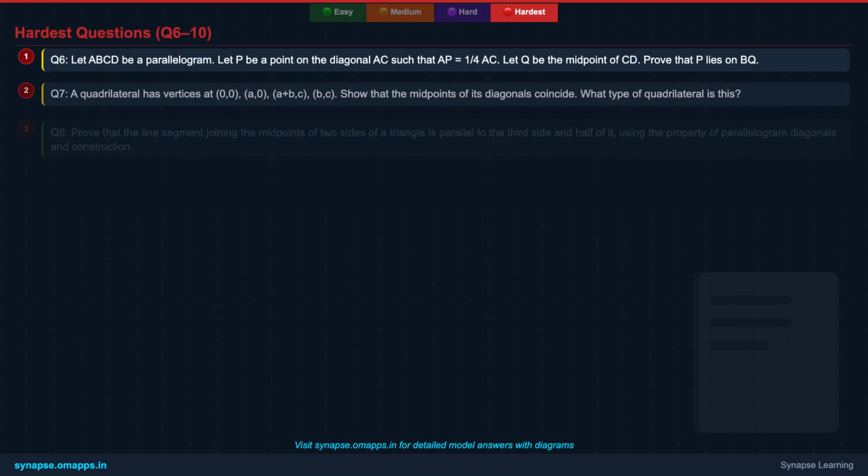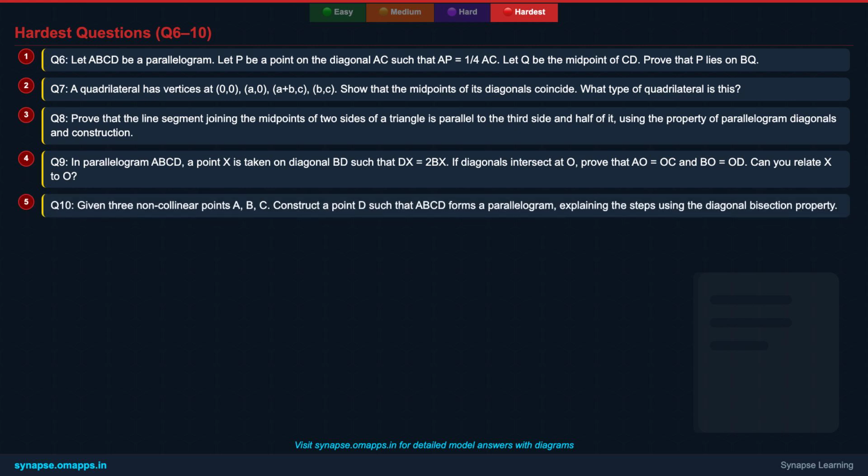And here are the final 5 questions to truly push your limits. These problems are designed to mimic the complexity you might find in Olympiads or advanced entrance exams. They require not just knowledge, but also analytical thinking, strategic application of theorems, and sometimes, a bit of creative insight. Tackle them with confidence, review your work, and learn from every challenge. This is how you master mathematics.